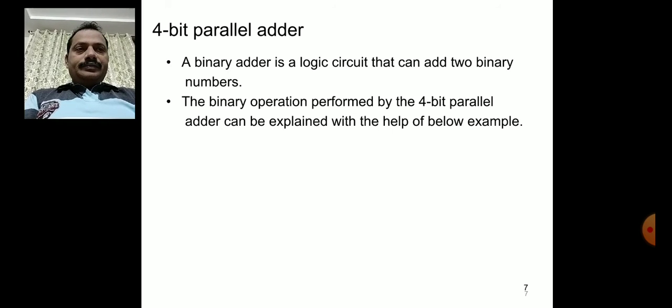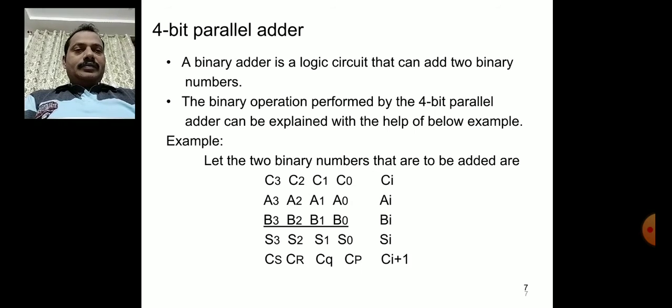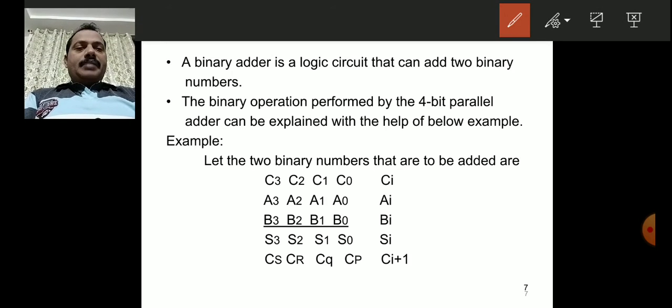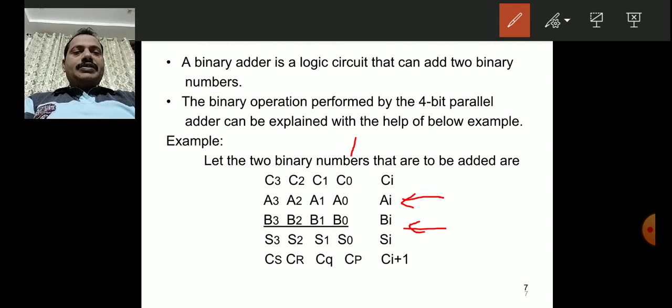If you see, let the 2 binary numbers that are to be added are like this. This is the number A, this is the number B. Here both numbers are added bit by bit, and this is the carry input. This is the initial carry which is 0,